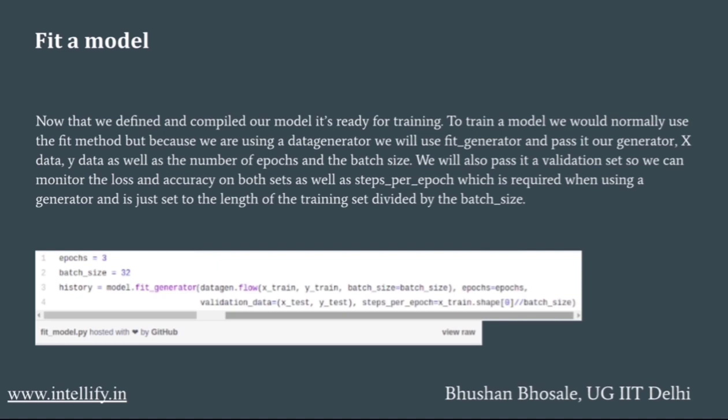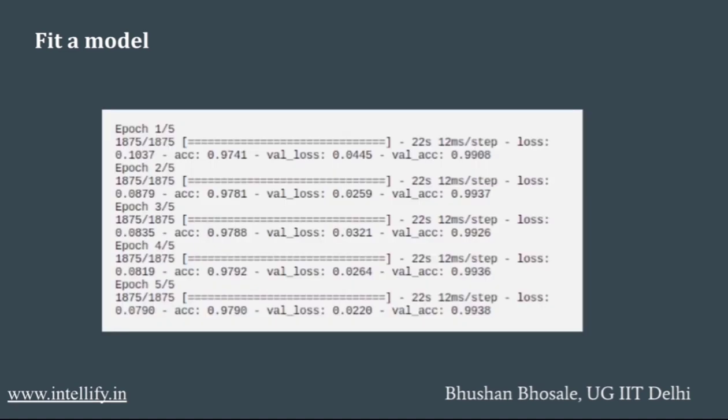Okay, now we will get the following result. We get the epoch and we get the loss and accuracy. For epoch 1/5 we have loss 0.045 and accuracy 0.9741, and similarly for the second, third, fourth and fifth we get the epoch value and accuracy and loss for every step.